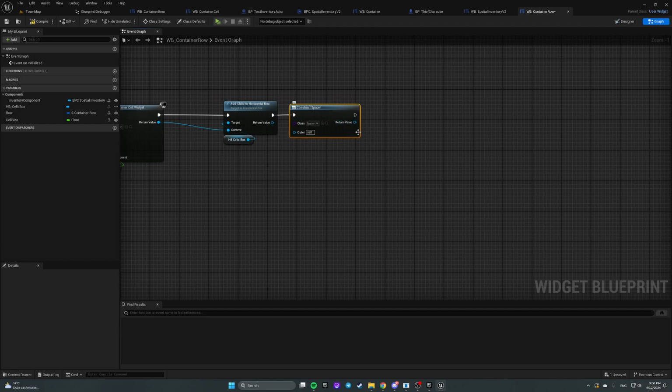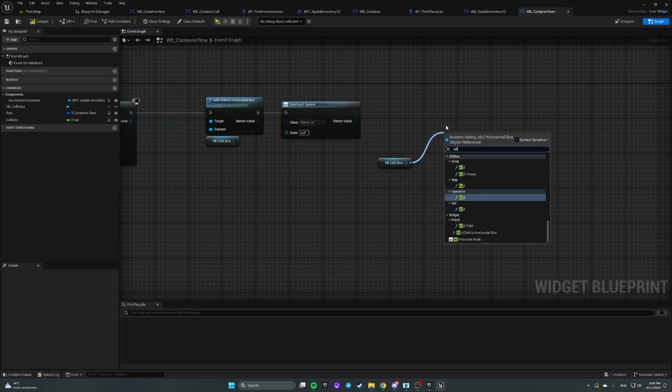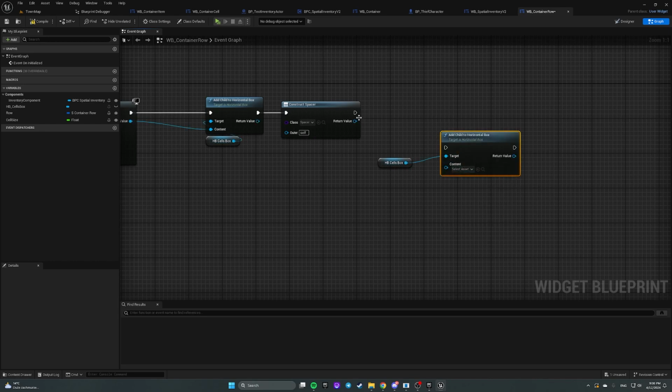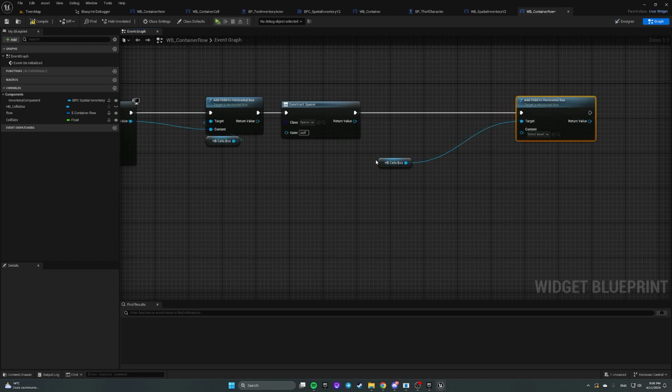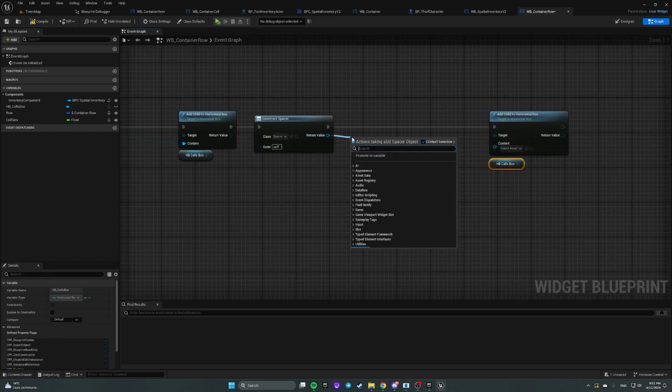Okay, and right after that we can get horizontal box and add child to horizontal box. And we're gonna add spacer, but first we're gonna set